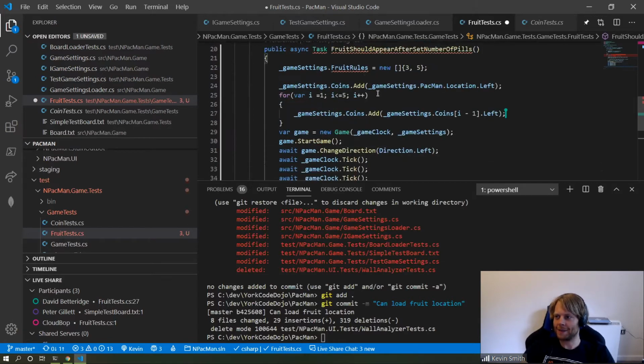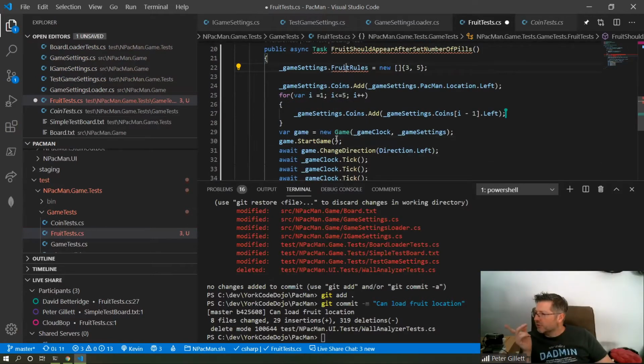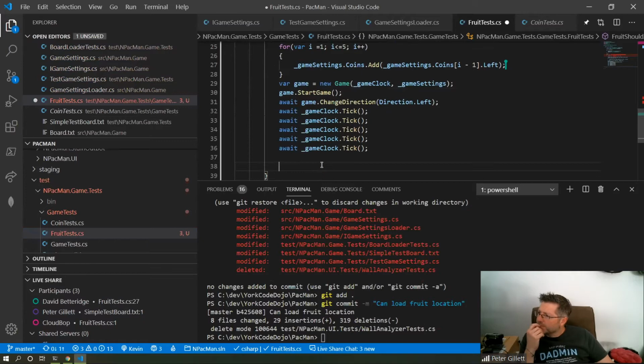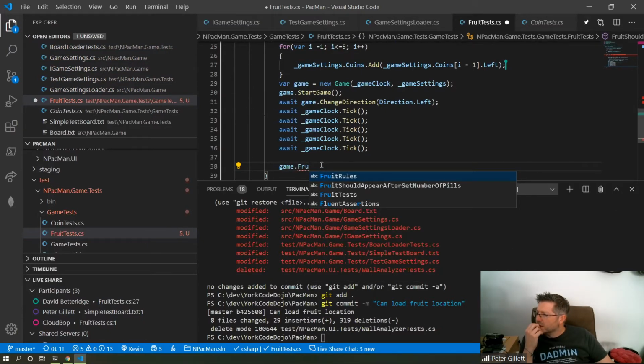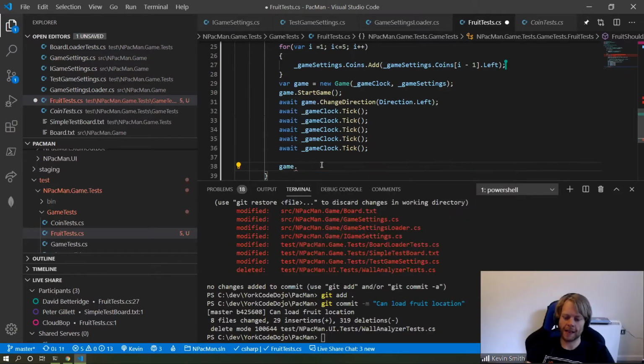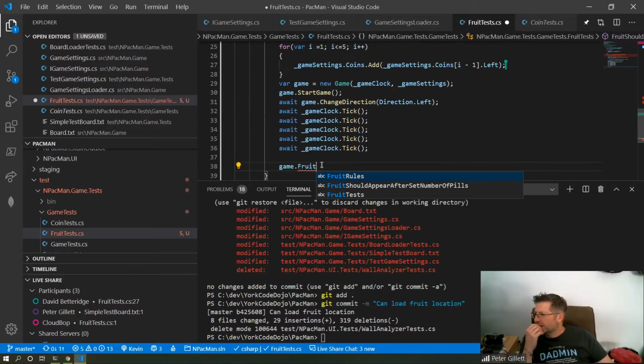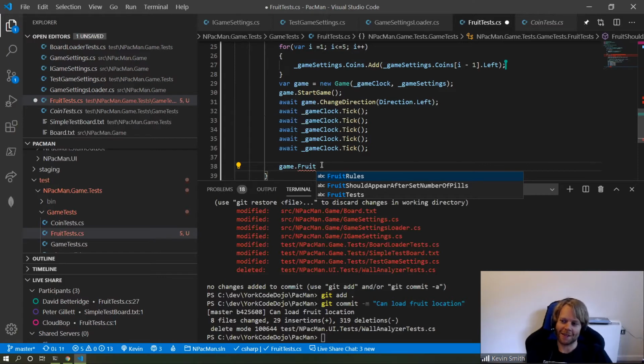Yeah, and then we expect fruit to... What should be called in the game? Fruit. Active fruit. Well, I think that it should have like an object itself on game, which is actually